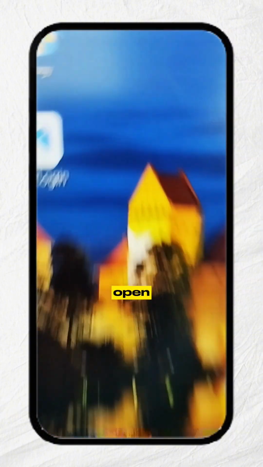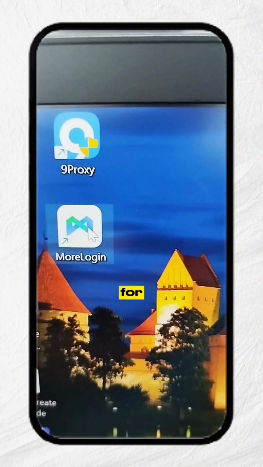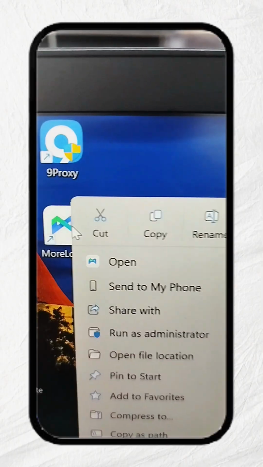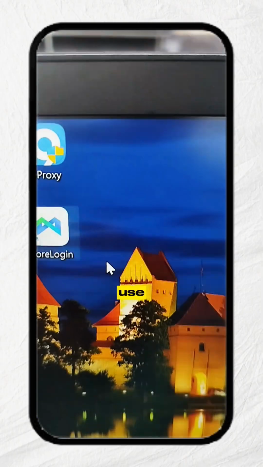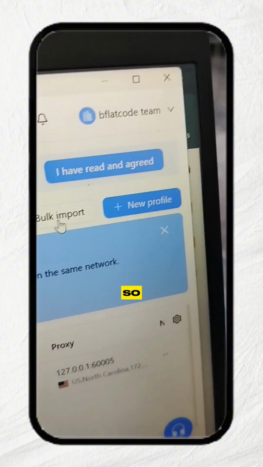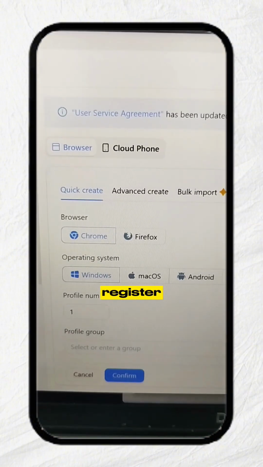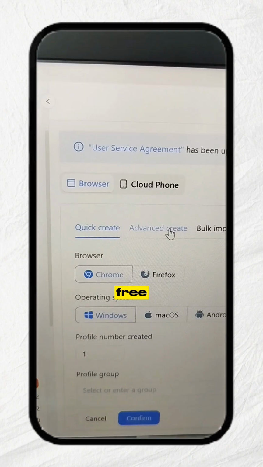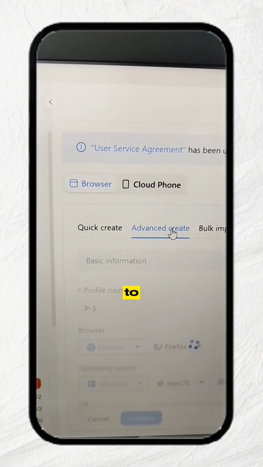So after that, open your anti-detect browser. For me, I'm using MoreLogin. So you can use MoreLogin, it is good. So open it and then create new profile. Of course, you have to register on this platform. It's free. Okay, so after that, come to advanced